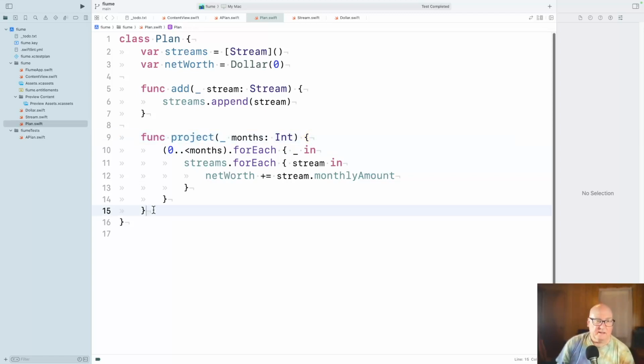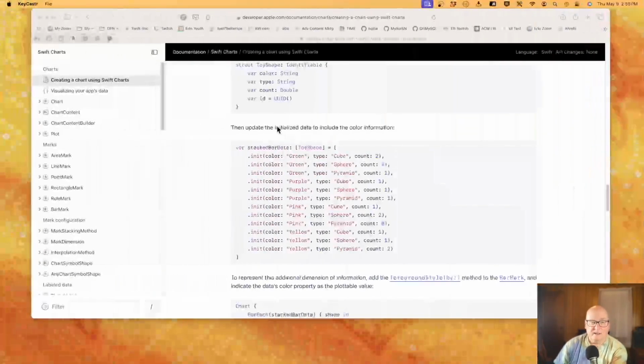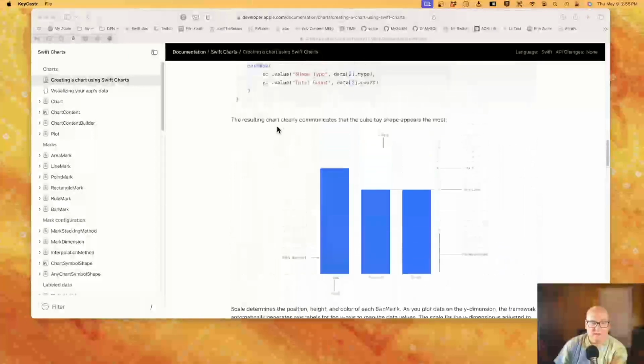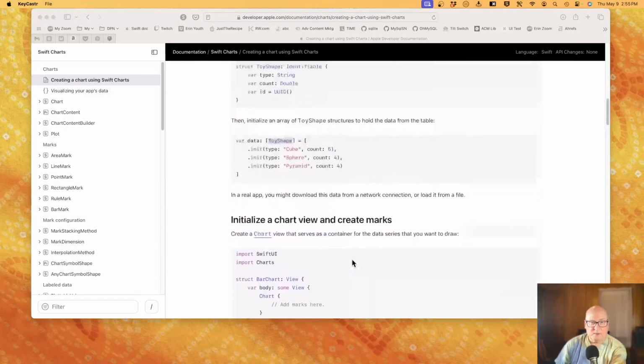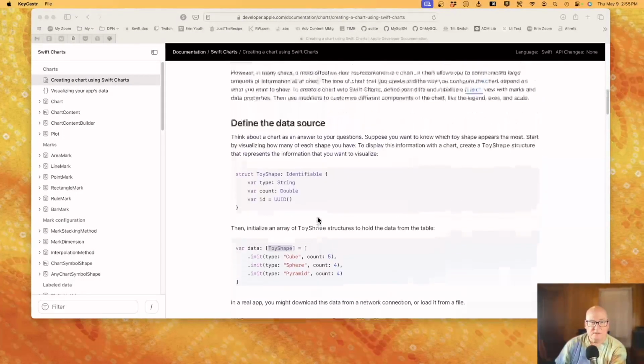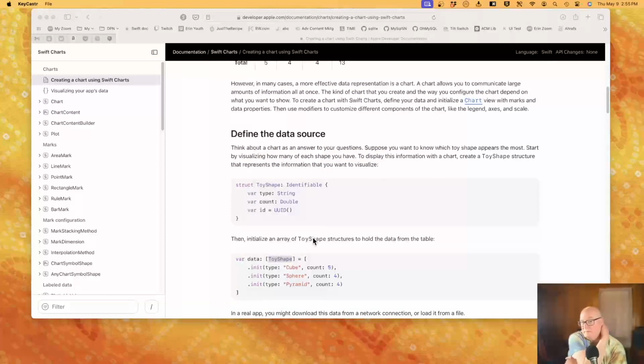I would like to say it's dollars. I don't know if we need anything more than that. I mean, can I just give it in? Do I need multiple fields? Toy shape is identifiable.